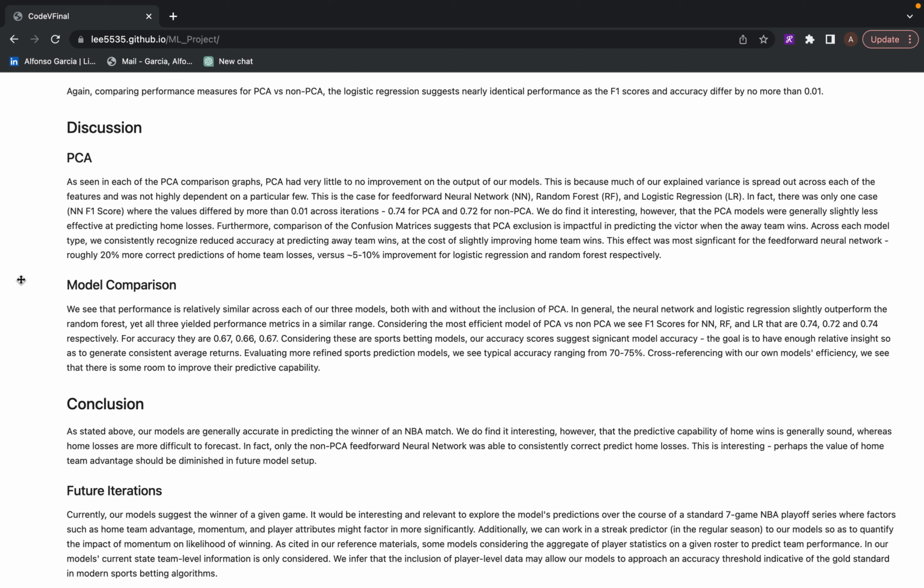It's important to note, however, that the non-PCA neural network run had the highest predictive capability both for home team wins and home team losses. This leads us to suggest this algorithm for a team-agnostic bettor that wants to maximize results regardless of setting. However, a fan who typically bets for their home team to win might be interested in the PCA including neural network run, as that maximized the home team win capability at the expense of an increased type 2 error.